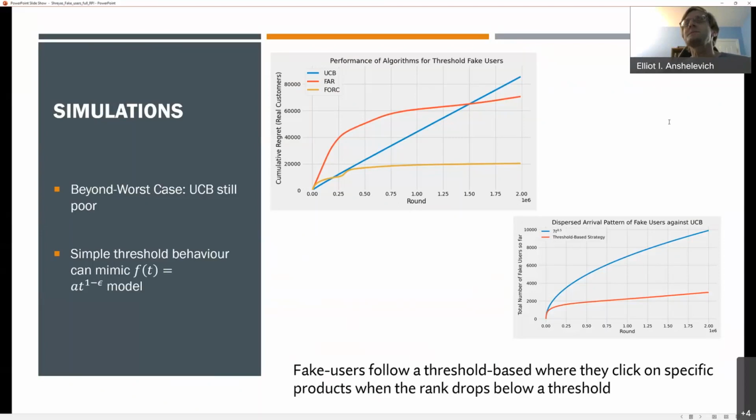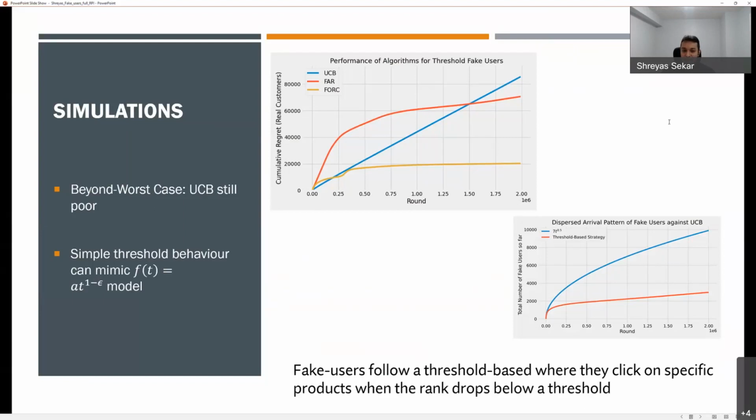So my question is, how related is this to a slightly different setting where instead of fake clicks, you don't actually have any fake people, you just have a population, but the actual preferences might be changing? Great question. There's been a lot of work on learning under non-stationary environments. That's some very nice work, by the way. It's a pretty rich literature.